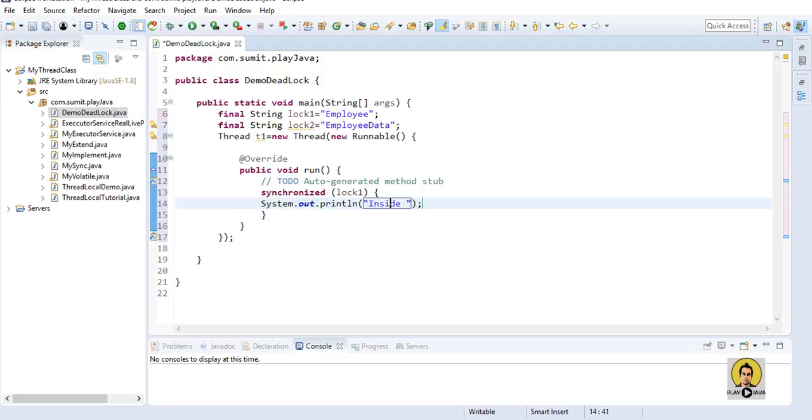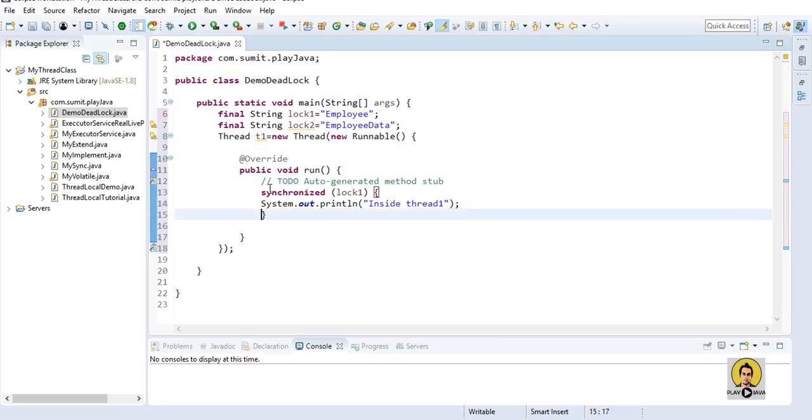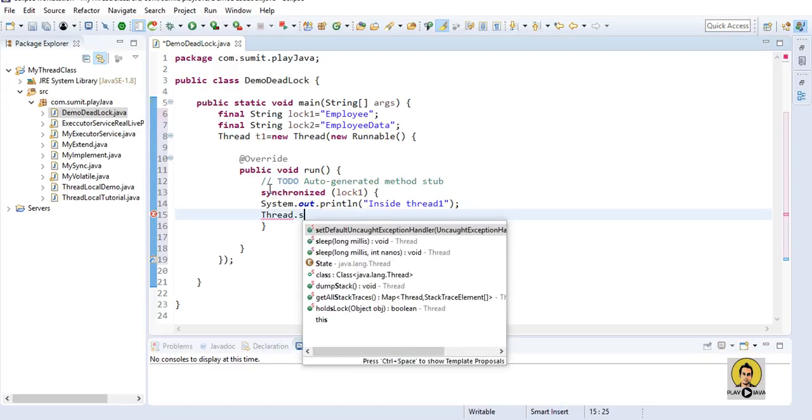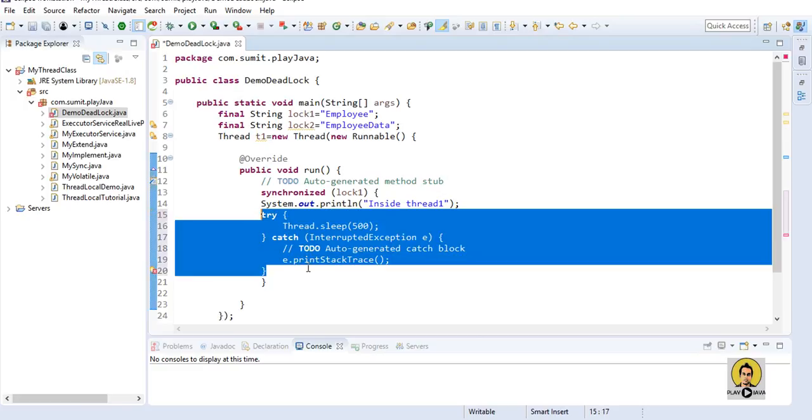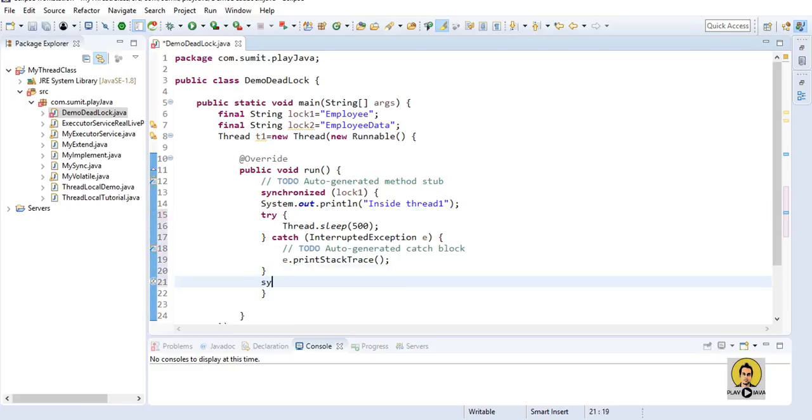inside thread1, and after this I will wait for some time, that is for 500 milliseconds, and I will surround it with a try-catch block. After this I will write "lock1 executed properly",